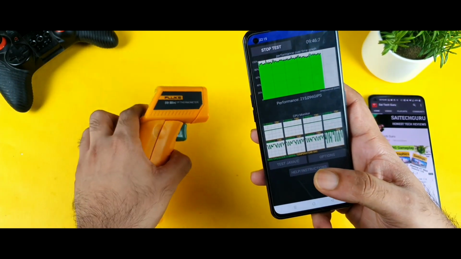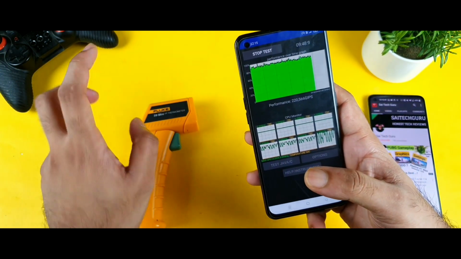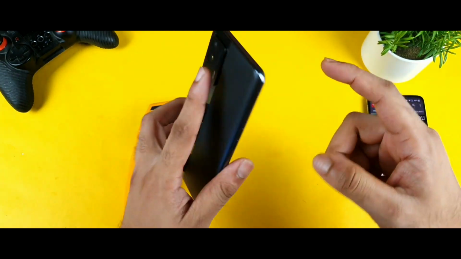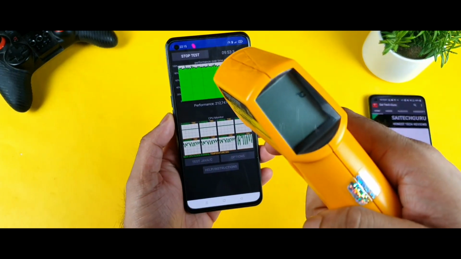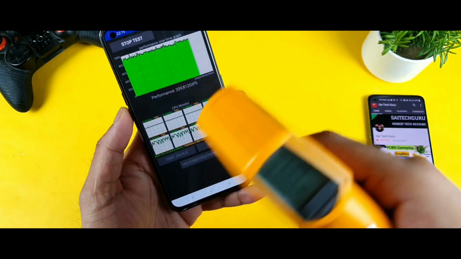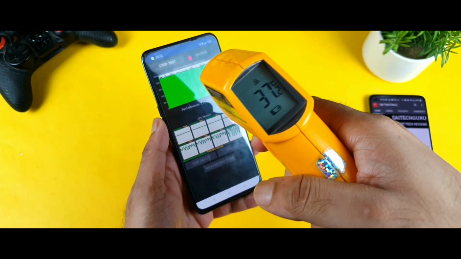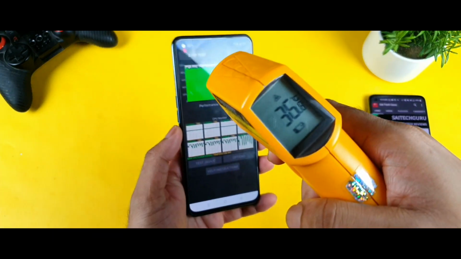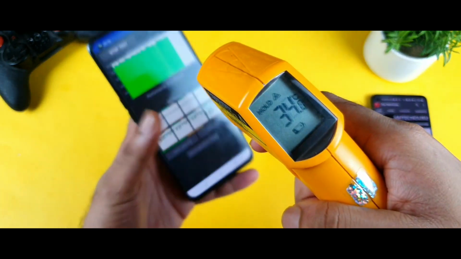So before, we did see the three colors: green, yellow and red, in the Realme X1 Max. But now we are seeing only the green color. My only problem is that this performance number has decreased. Right now 37 degrees is our highest temperature. 37 degrees, as you can see, not bad.